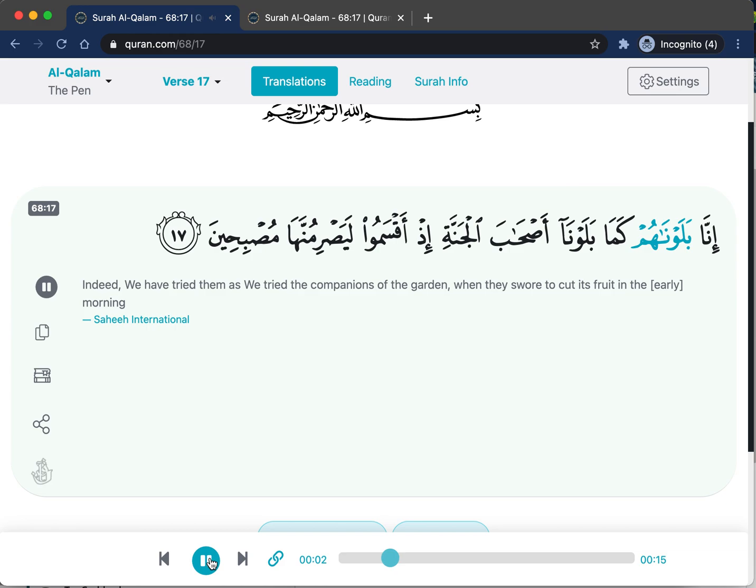إنا بلوناهم كما بلونا أصحاب الجنة إذ أقسموا